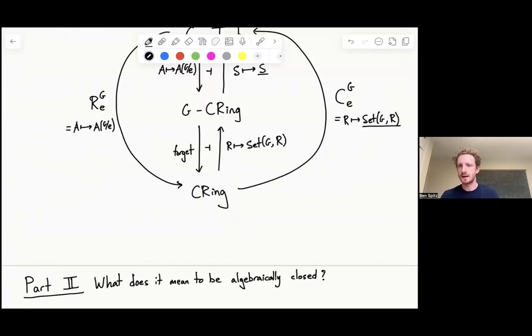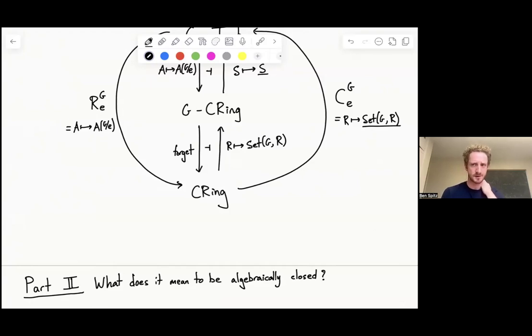What do those mean? And so ordinarily, the definition of an algebraically closed field is that I have a field, so 0 is not equal to 1, and every non-zero element is invertible, and every non-constant polynomial in one variable has at least one root. Okay, an algebraically closed field is just defined in that sort of way. And most of that seems pretty reasonable for Tambara functors. But the definition of field gives you something not super desirable.